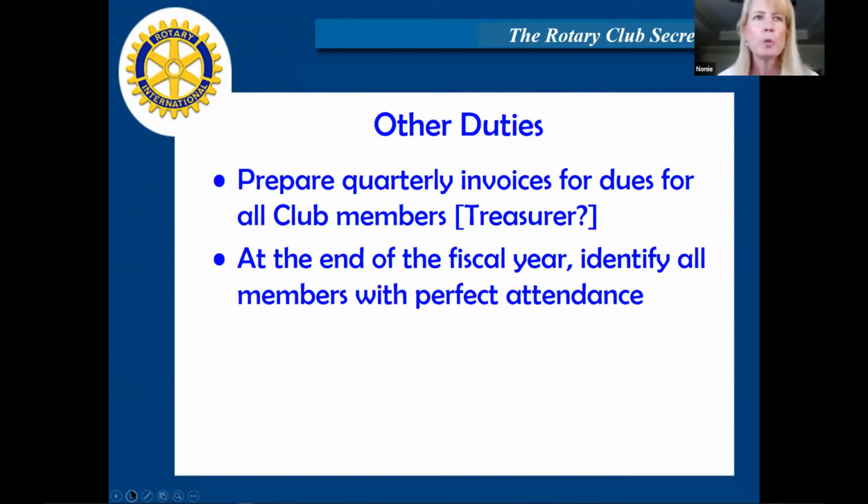I know Rotary is not as big on this as it used to be, but it's still very, very important. People who really go to a lot of effort, I know some people in my club who've had perfect attendance ever since they've been in our club, like 30 years, and they're very proud of it. I know my dad, who's been in Rotary for a very long time, is very proud of the fact that he has perfect attendance. So it's something you really need to keep up with and honor those who try hard to be a very important part of your club by attending all the time.